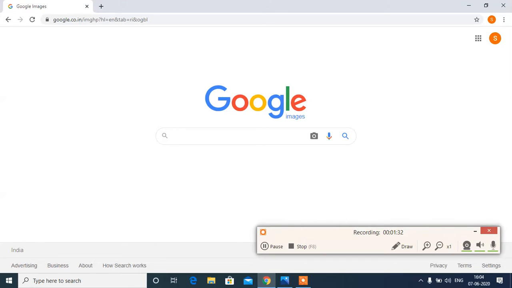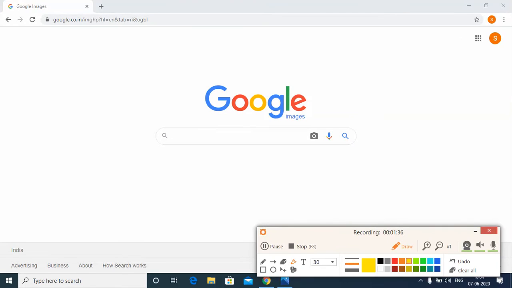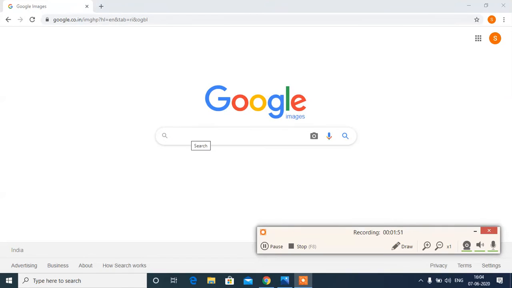Now in the search box, here I have to mention the name of the image which I want. So I type the name of the image in the search box. I want an image of camel.